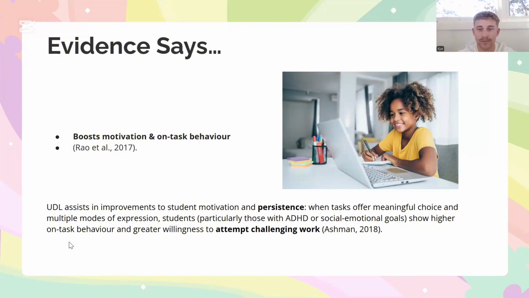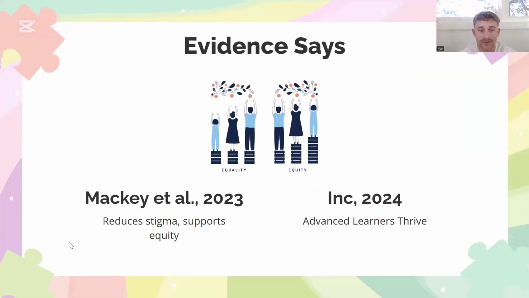When tasks offer meaningful choice and multiple modes of expression, students show higher on-task behavior and greater willingness to attempt challenging work. Evidence further highlights positive effects on classroom climate and peer acceptance. By embedding support universally rather than as individual add-ons, UDL reduces stigma and fosters equitable participation, a key condition for social skills progress in students with ASD and hearing impairment. Studies also show that when advanced learners are offered inquiry-based extension within a UDL framework, they demonstrate deeper conceptual learning